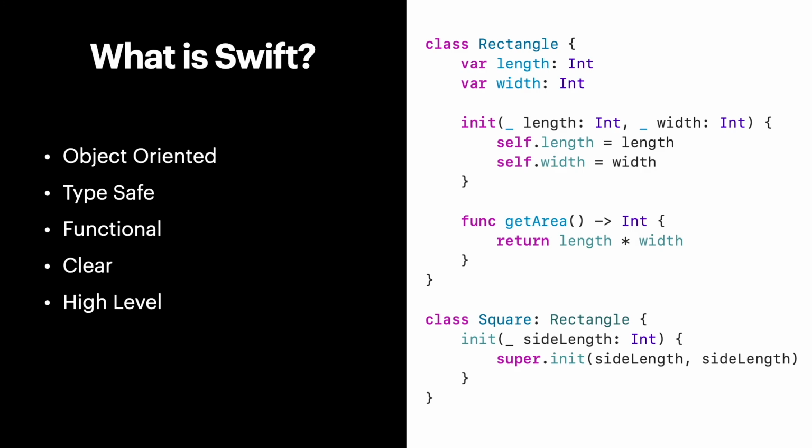Functional, again, functions. That's pretty obvious. It's pretty clear. We have this syntactic sugar. You can see up in our function definitions, we have those arrows to indicate outputs. It just makes things easier to read, easier to understand. Everything in Swift is kind of built with that reader in mind so that you can hopefully understand what the code's doing without running it, but just by reading it, where you have a lot of languages and it just doesn't make sense like that.